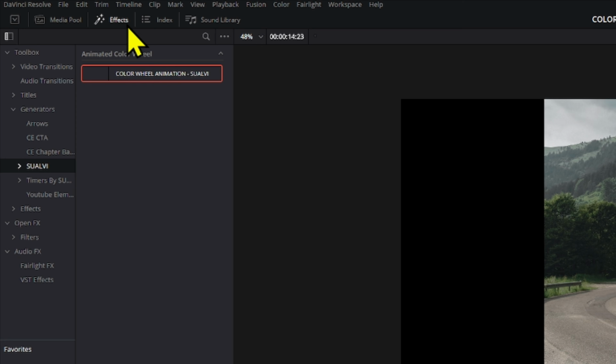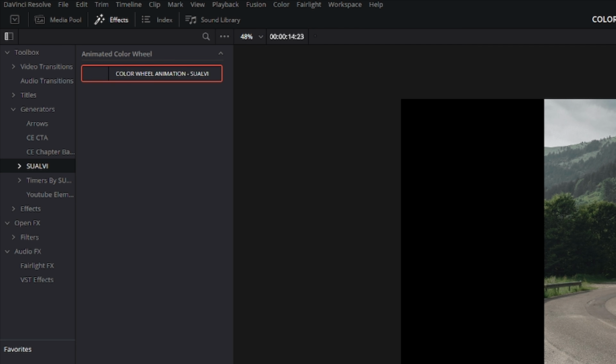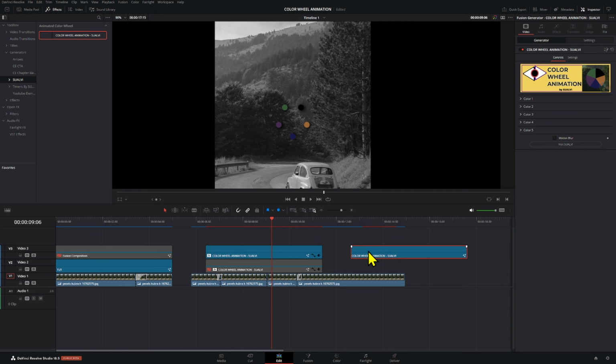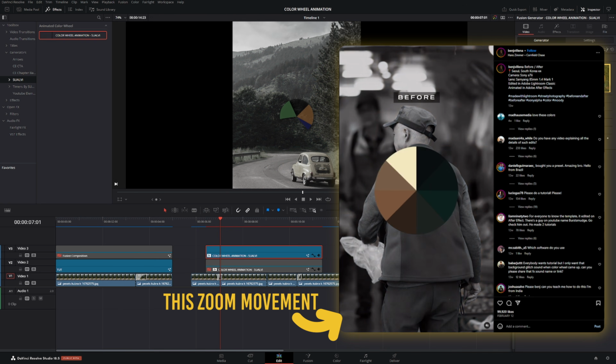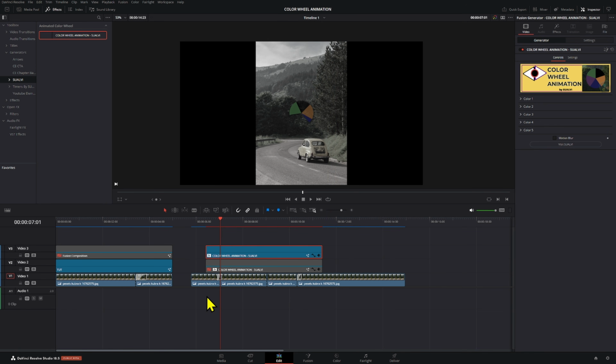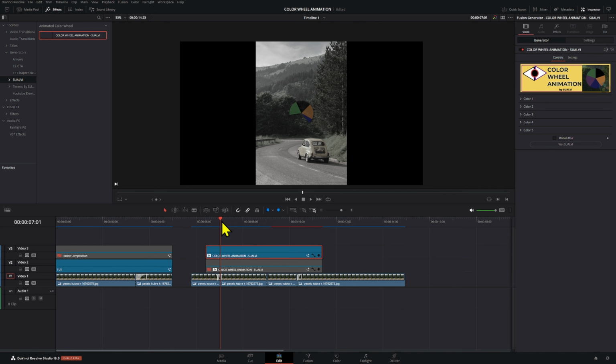All you have to do is go to the generators and you'll find it here. There's going to be a logo right here, so don't worry about that. Okay, now that you have the effect, you drag it into your timeline right here, and we have that there. I did not add the movement animations on purpose because that way you have more control over it on your actual image right here that you put on the layer below it, right? Of your image or your video, whichever you use.